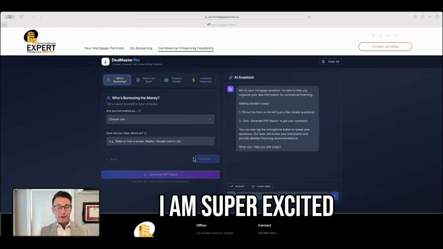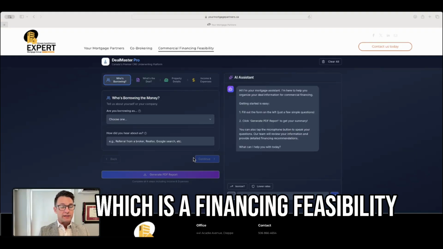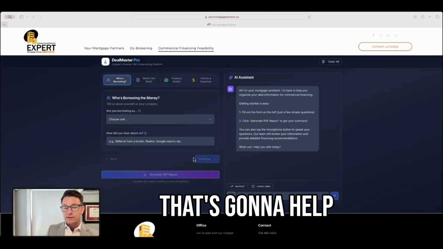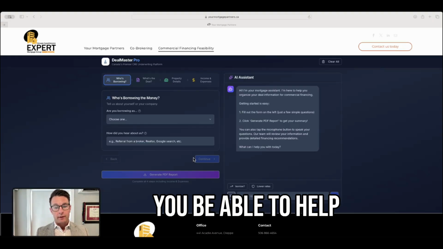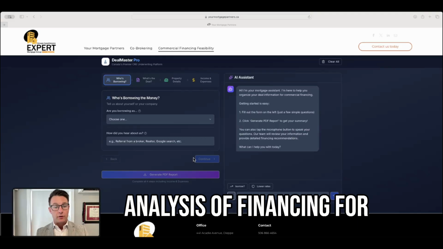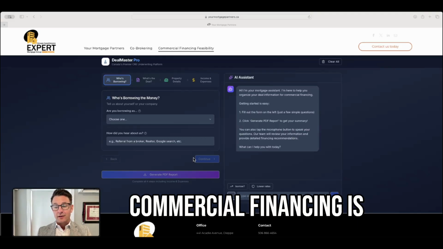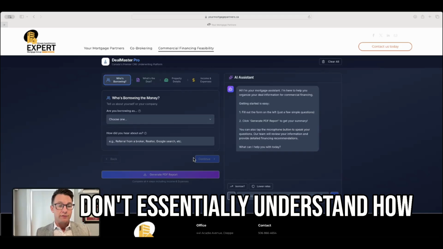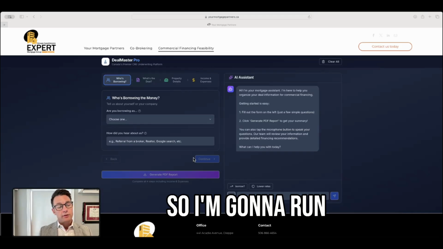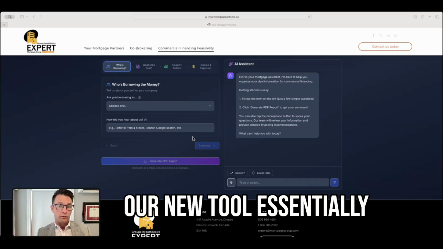I am super excited to be sharing this tool with you, a financing feasibility calculator that's going to help you, or your clients, go through the analysis of commercial financing. One of the challenges we get on commercial financing is that a lot of folks don't understand how it works. So I'm going to run you through a quick demo using our new tool